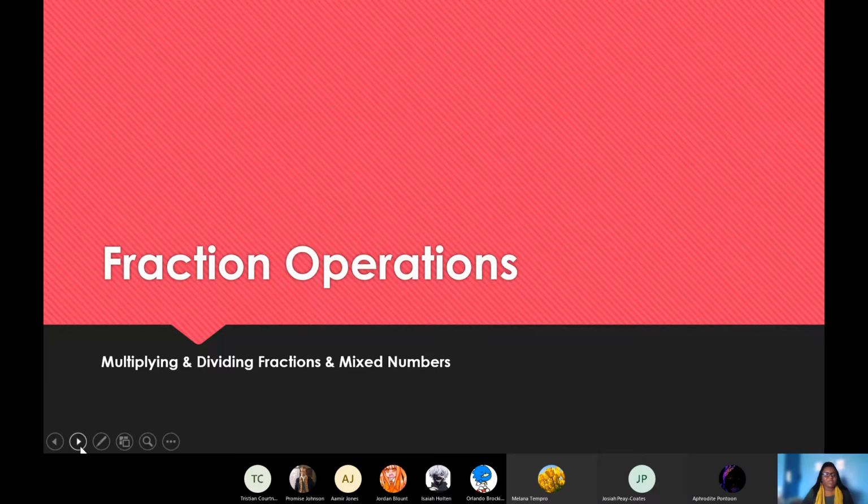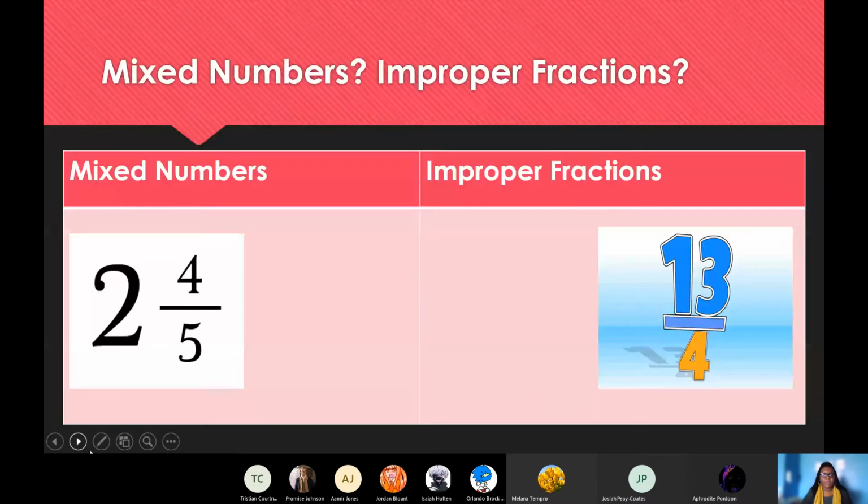Fraction operations, specifically multiplying fractions and mixed numbers. So please write this down in your notes. What is a mixed number? A mixed number is the perfect marriage of a whole number, as we see here in the 2, and a fraction. What this literally is telling us,